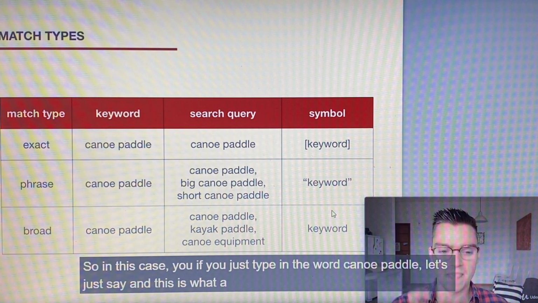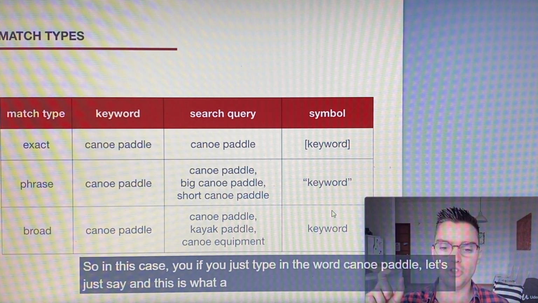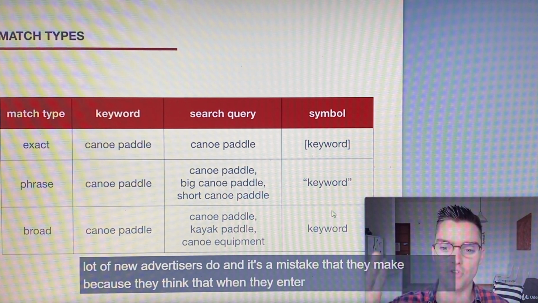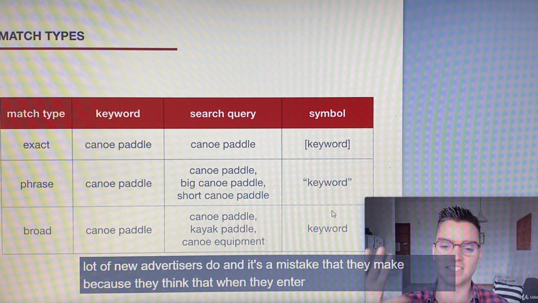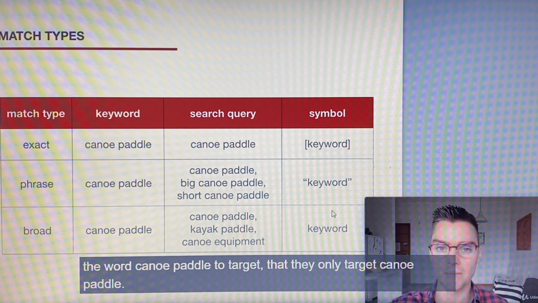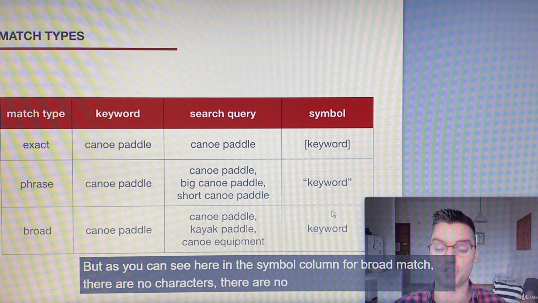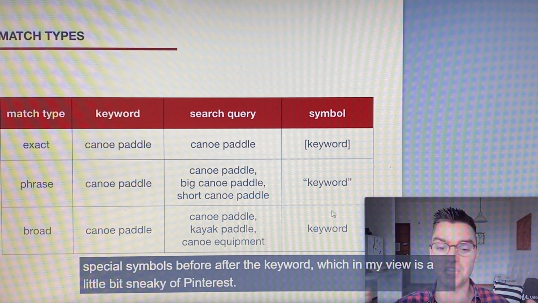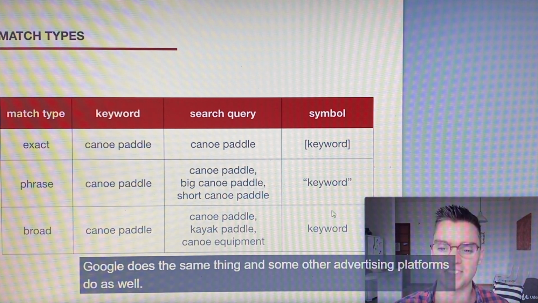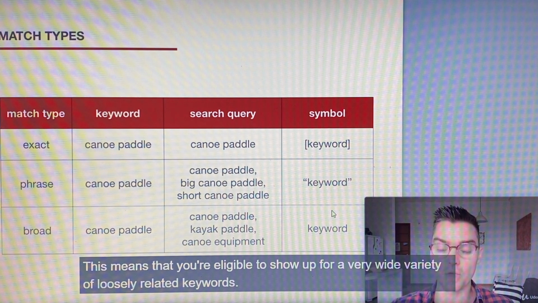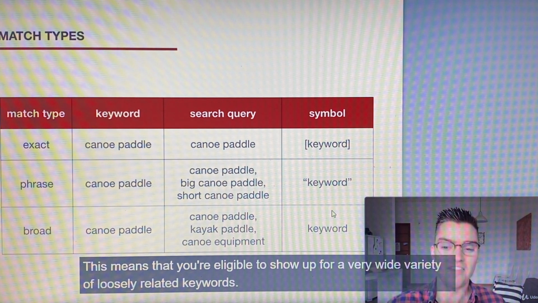So in this case, if you just type in the word canoe paddle, let's just say, and this is what a lot of new advertisers do, and it's a mistake that they make, because they think that when they enter the word canoe paddle to target, they only target canoe paddle. But as you can see here in the symbol column, for broad match, there are no special symbols before or after the keyword, which in my view is a little bit sneaky of Pinterest. Google does the same thing, and some other advertising platforms do as well. This means that you're eligible to show up for a very wide variety of loosely related keywords. This can be